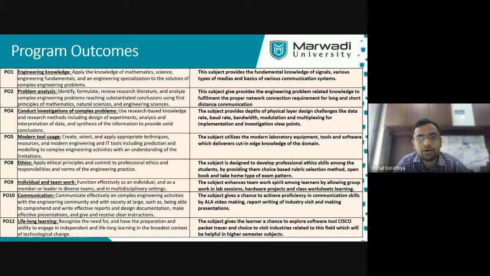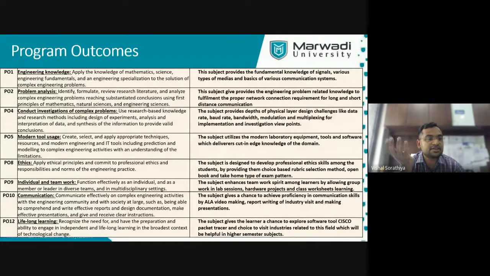Problem analysis. Whenever we have a discussion or take a lecture, we have several situations. If you want to set up such a situation, what communication can we do? So it will give you the problem analysis approach. If this is a problem, what communication technology can we use? As well, we are going to give you exam papers, like take-home papers, in which there are problem-solving examples that you need to solve and get the answer in 15 days. So that ability also increases.